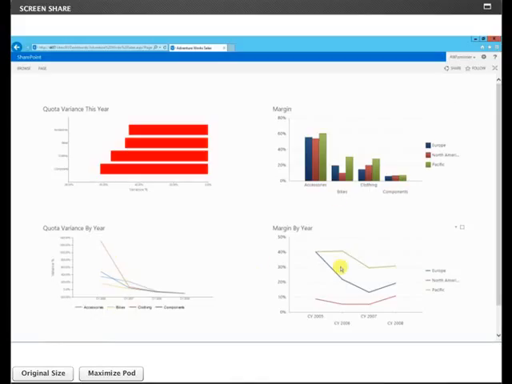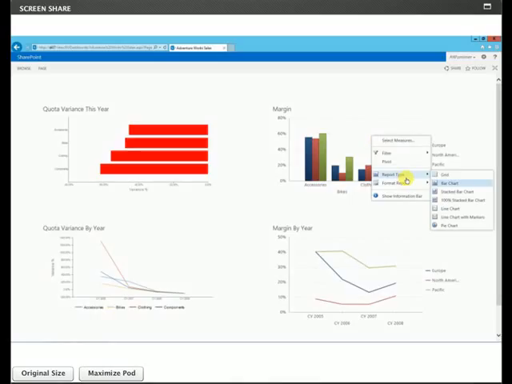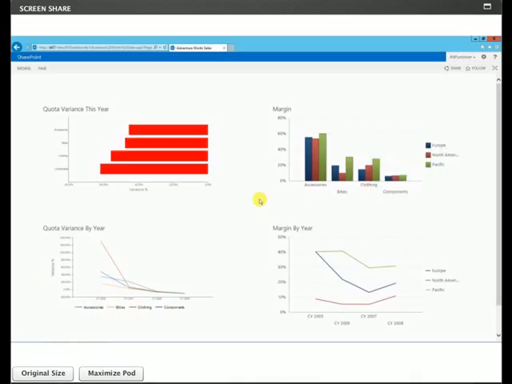So at a glance, I can do some comparison across my sales territories and so forth, but I will leave it at this so that we have some time for some questions. But the main takeaway is less clutter, more subdued colors, more focus and so forth. And again, on my blog, we'll get into more of the details. So on that note, I will stop the sharing and we'll get this back to our slides.